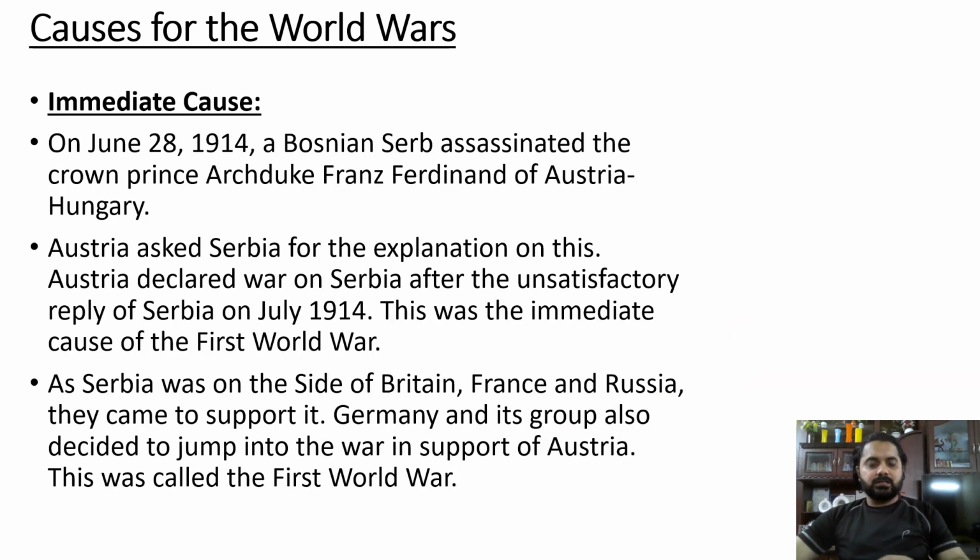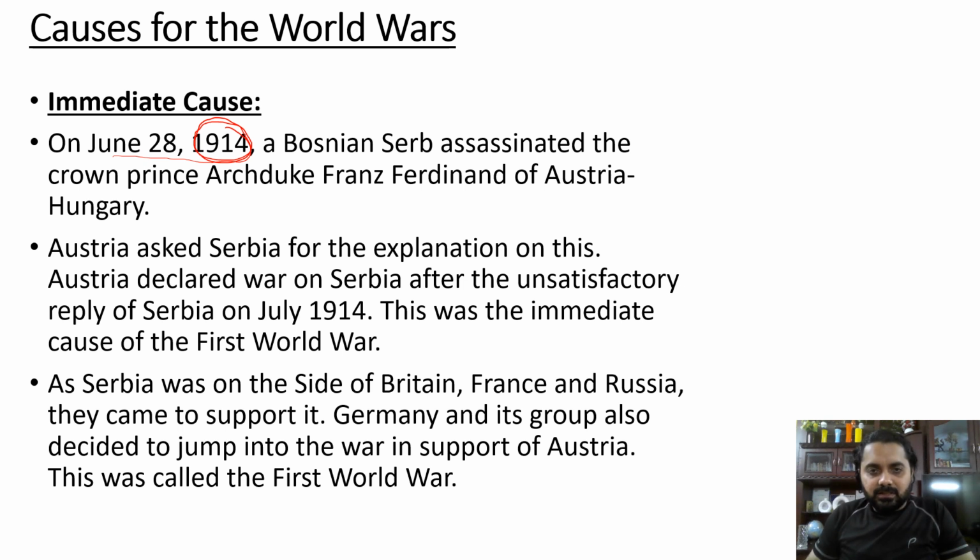Let us now discuss the main event or the situation that led to the happening of World War One. We are going to study it as the immediate cause. In simple words, the immediate cause can be understood as the event that triggered the happening of World War One. All this starts on June 28th in the year 1914. The year in which the First World War happened is 1914, and on June 28th a Bosnian Serb, a citizen from Bosnia,